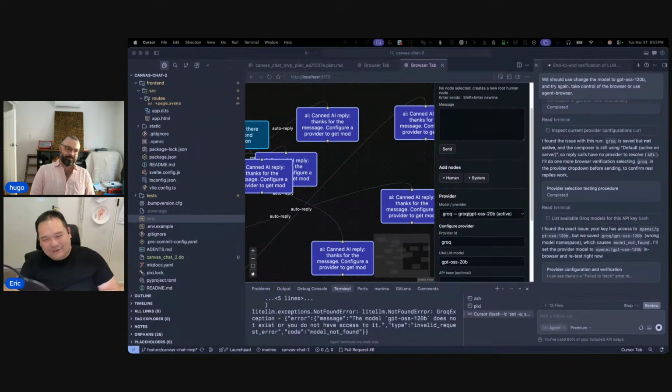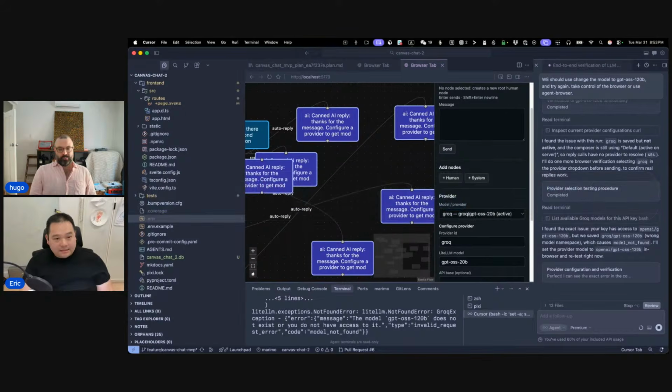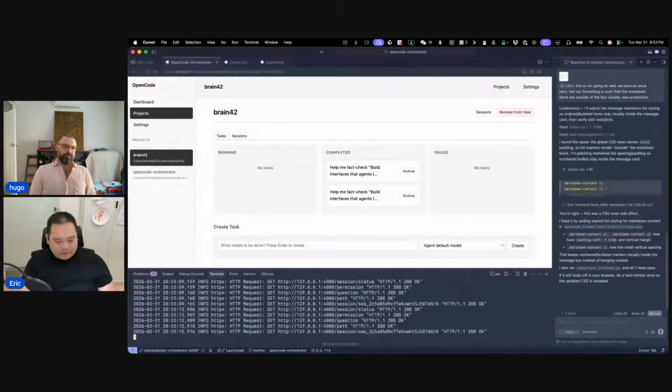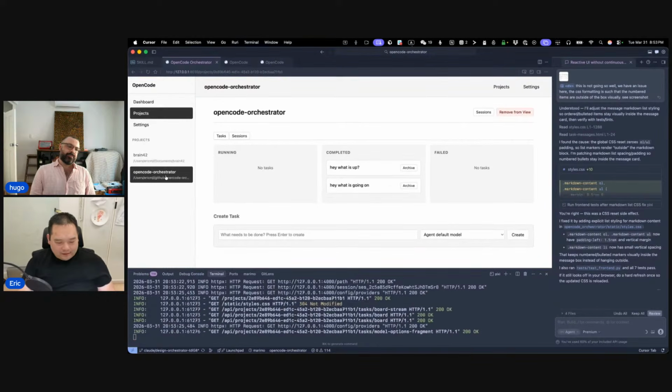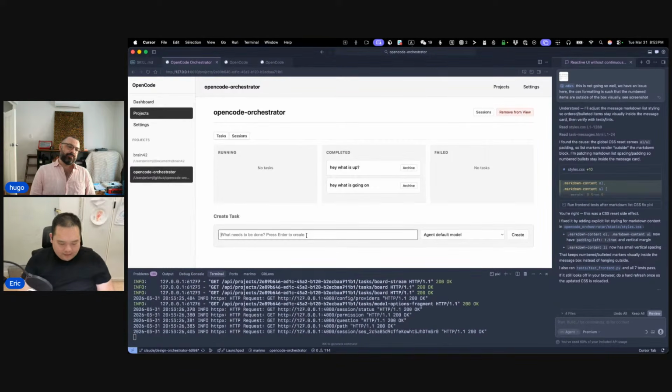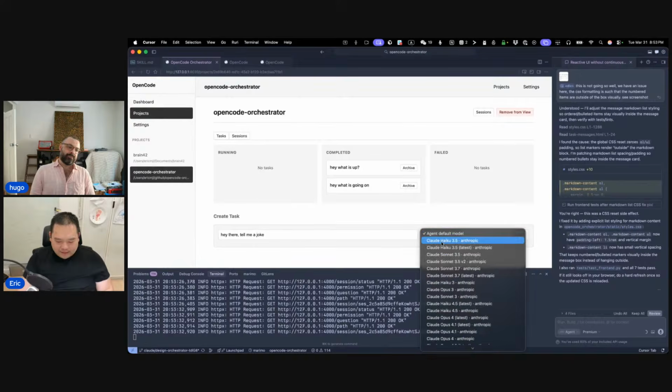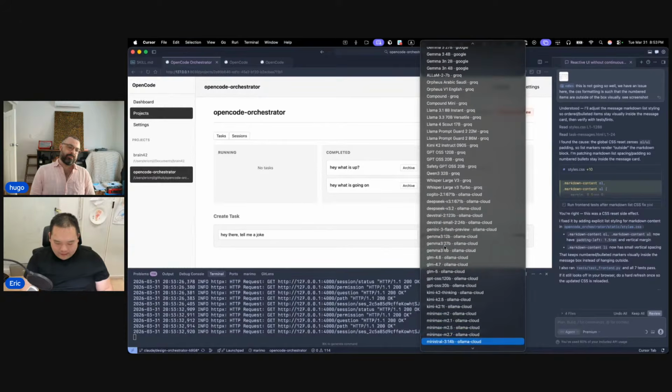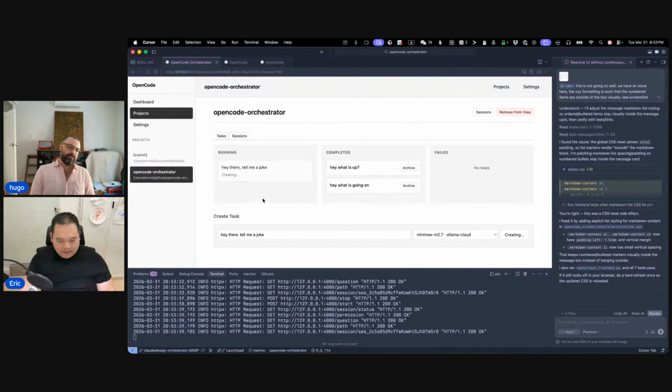So it's pretty cool to use, though it has its flaws, and so I'm also trying to think of other ways to interact with coding agents. There's one that I told Hugo about a little while before, which was this thing that I was building out to interact with OpenCode, but in a Kanban board style thing, which I know folks have done before. Like, tell me a joke, right? If I did something like this and I did MiniMax M2.7 on Ollama Cloud and I created that,